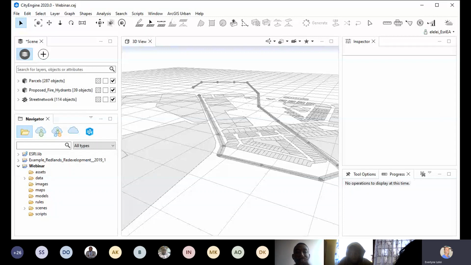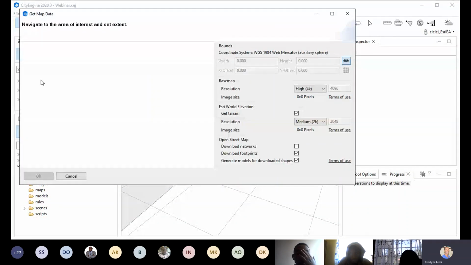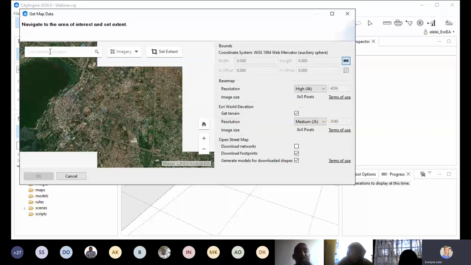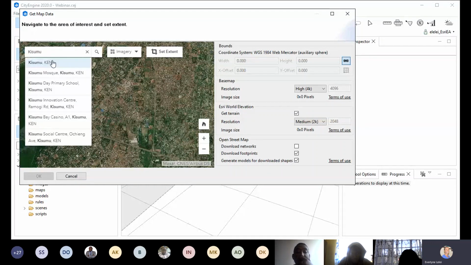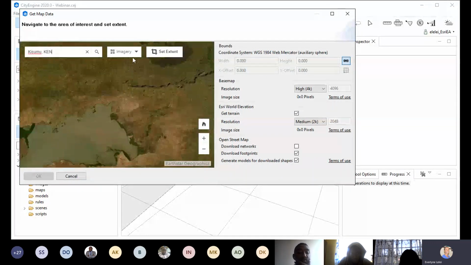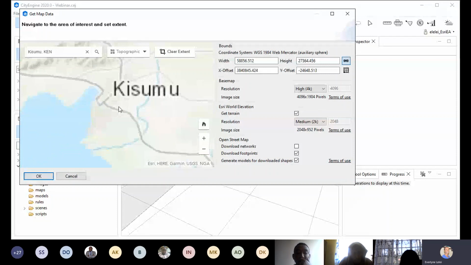So for Esri CityEngine, one of the main functionalities is being able to get base data for your area of study. We have a function called get map data here. Once you go to get map data, you're able to download the base data for your study area. For instance, maybe you're looking at data sets for Kisumu. This is the area that Antony will be showcasing in his case study. So you're able to determine the extent of the area that you want